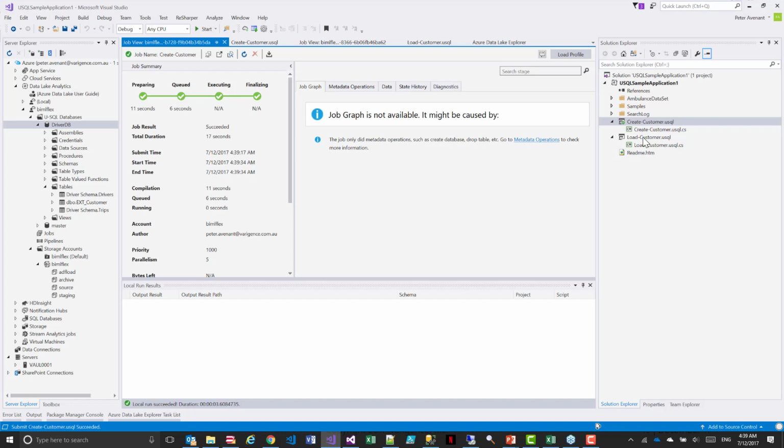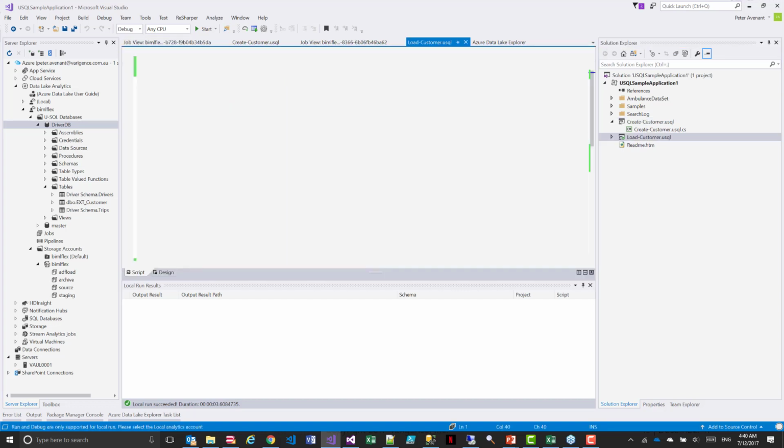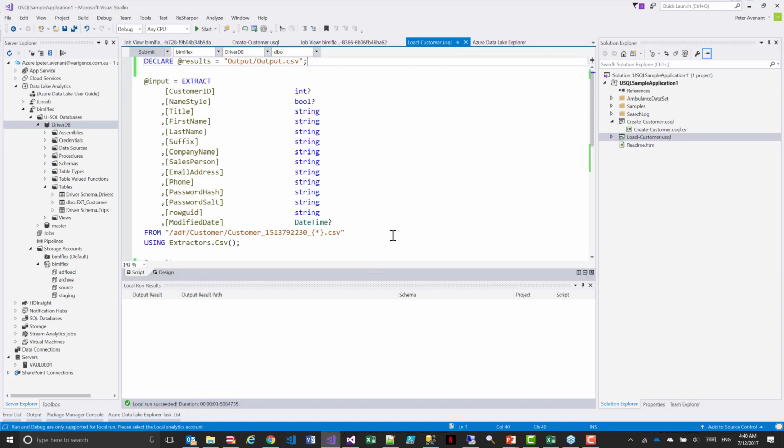USQL, for those who don't know, when I started I didn't know, stands for Unified SQL. It's got SQL and some C Sharp, and it is there to combine all of the different big data languages together and give you all the functionality. The more I look at it, the more I realize how powerful it is. So now what I've done